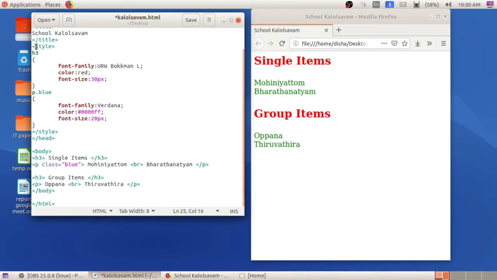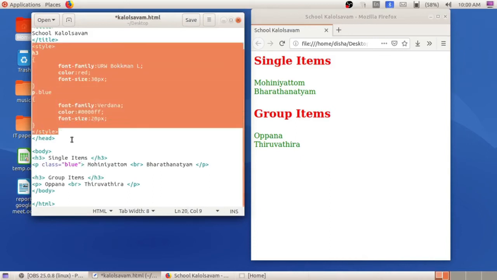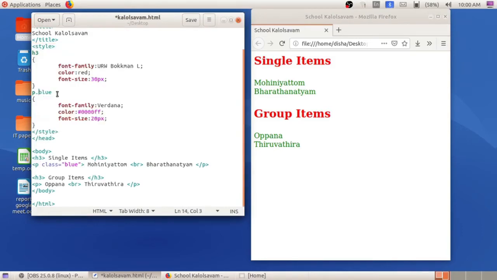In the style tag, this one is the style tag. Here you can see the opening and closing of style. Inside the style tag, define the class selector like this: P type selector, dot, class name blue. Okay, and inside the HTML tag, use it like this. Instead of the type selector P, specify the class: P space class equal to, in double quotes, give the same color blue. Okay, so I have given a different style to the first paragraph.